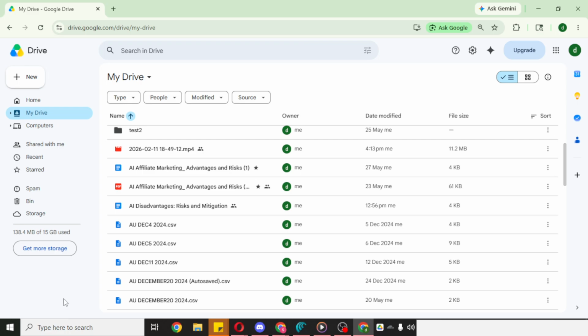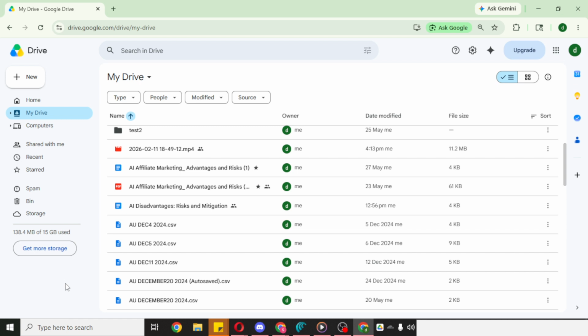The file isn't permanently erased immediately. It's placed in the bin, where it's kept temporarily before being auto-removed after a set period. This safety net helps prevent accidental loss. If you change your mind later, you can open the bin and restore the file back to its original location. If it's a shared file that you don't own, removing it from your drive simply takes it out of your view. It doesn't delete the owner's copy.